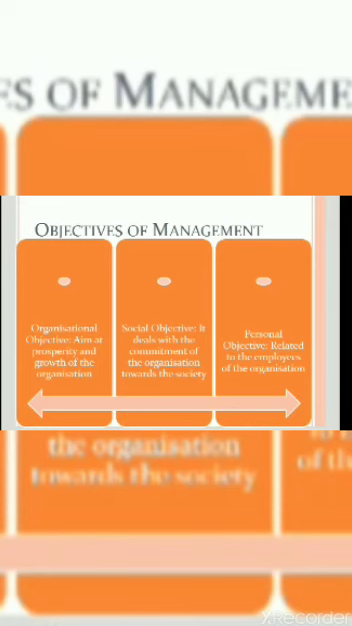And the second objective of management is social objective. Social objectives of the organization deal with the commitment of the organization towards the society or community. Business organizations are part of society. They earn by using the resources of society, so they must do something for society also. The major social objectives of organizations are